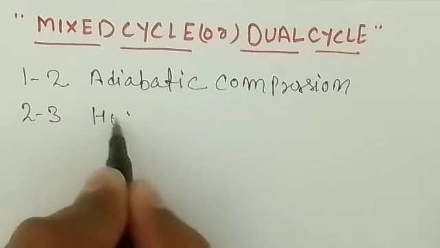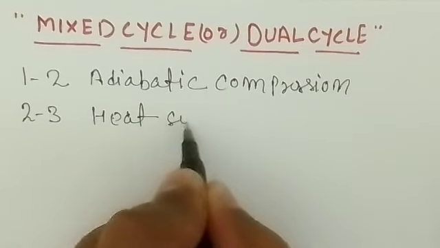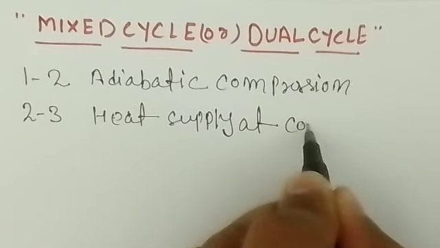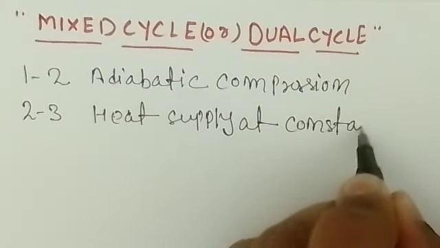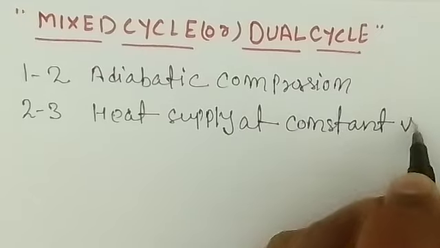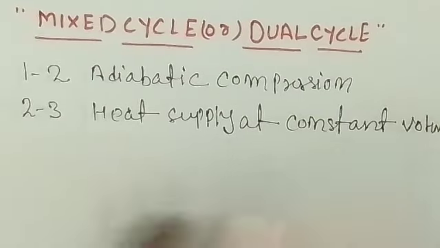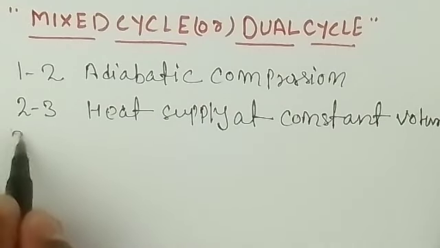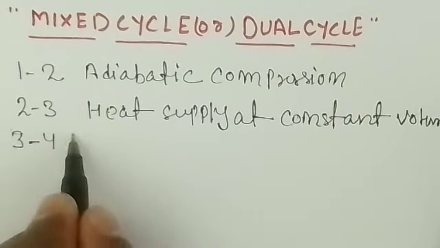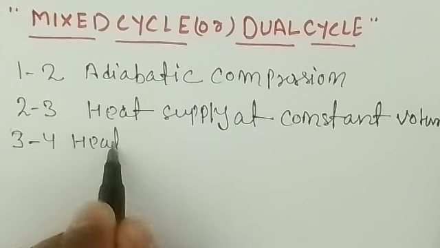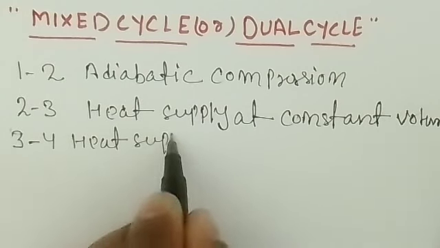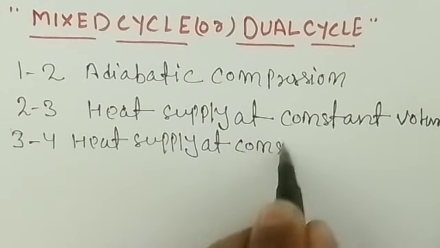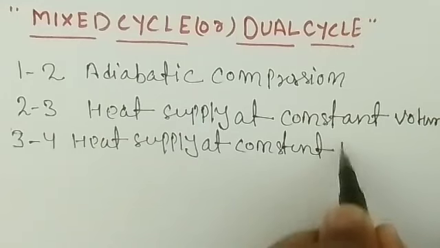2 to 3, heat supply at constant volume. So 2 times we are supplying the heat, that is by keeping volume constant and by keeping pressure constant, right? Then we have 3 to 4, further heat supply at constant pressure,